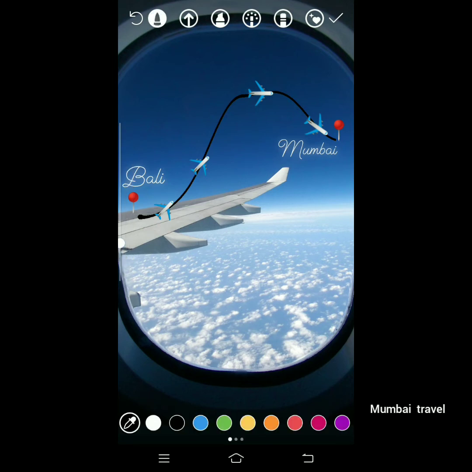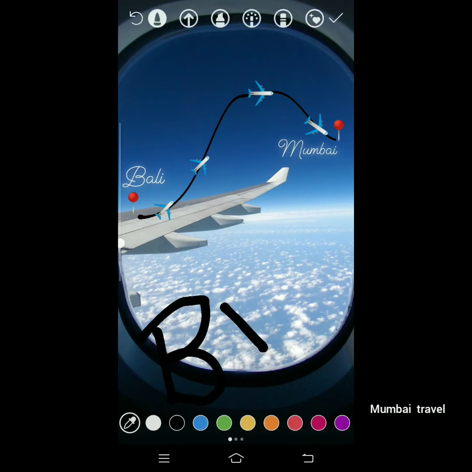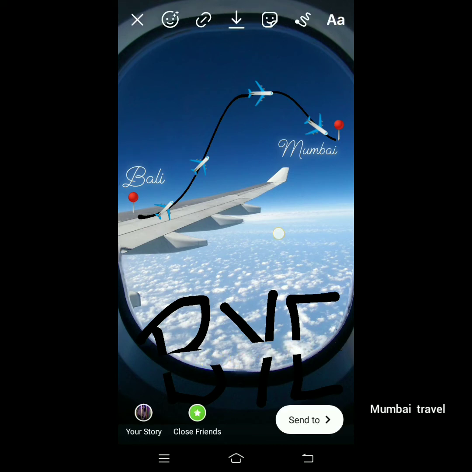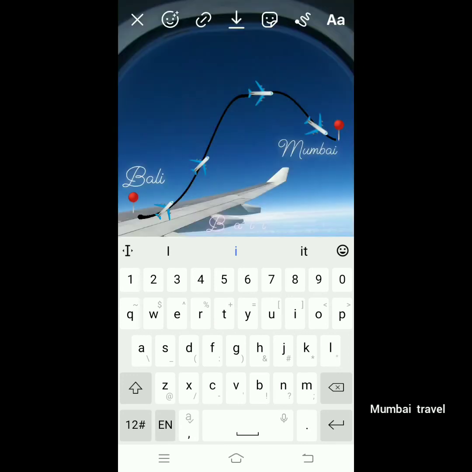Also, it is not over yet. What you do is take a dark color pen and just mention "bye" over here. You can type anything you want. Obviously I have written "bye" over here, and then I have used an eraser. Obviously not the smallest one, use a medium one which can erase the center line. Just give it a single stroke or a double if you feel it is very small. And wherever you're taking off from, if I am traveling from Bali to Mumbai, I have used Bali with space in between and mentioned it in between the "bye".